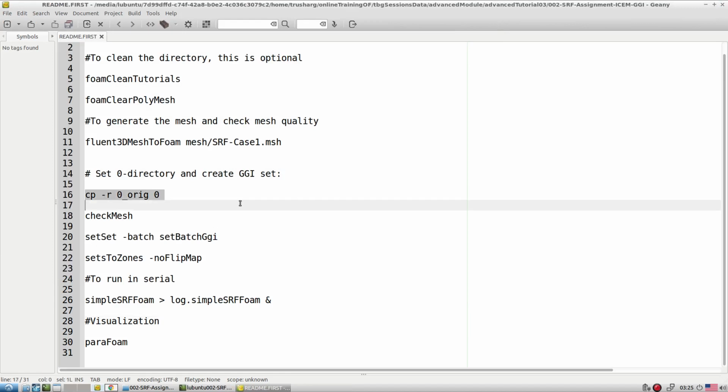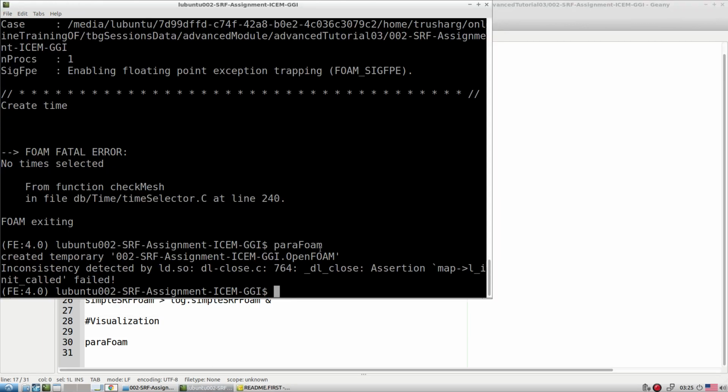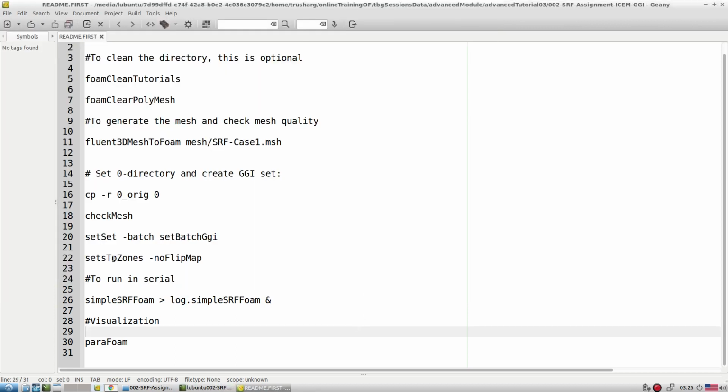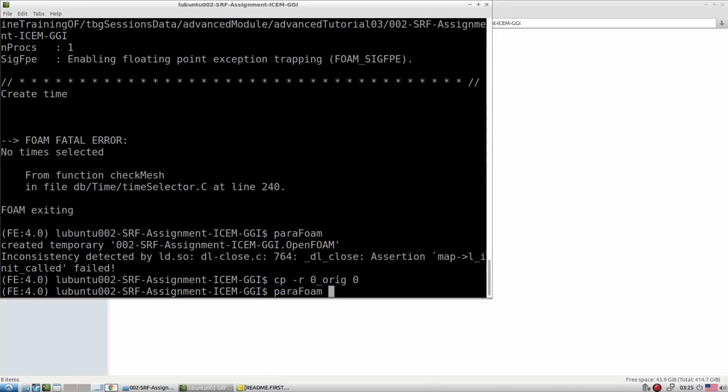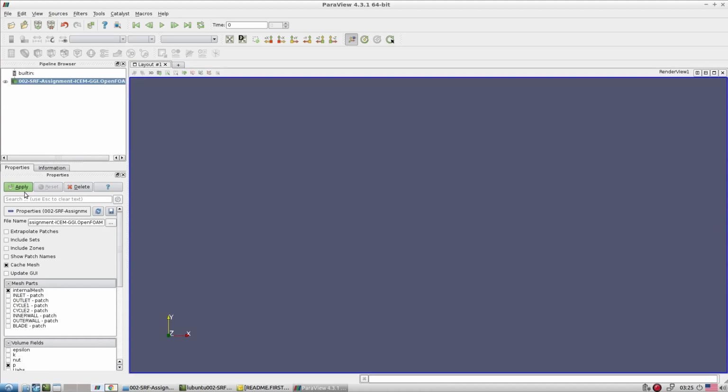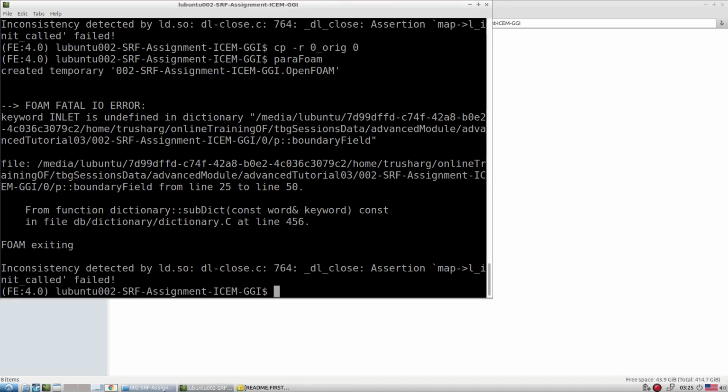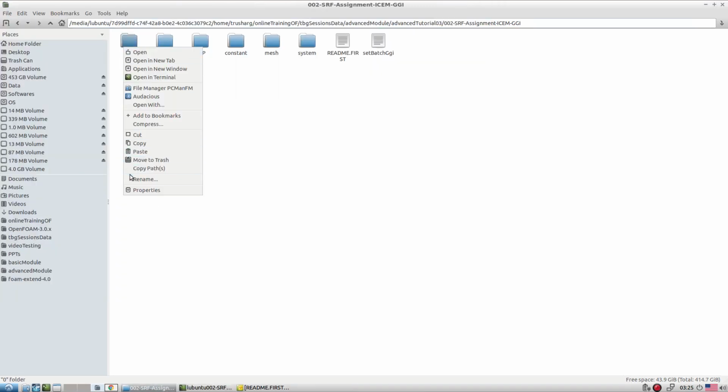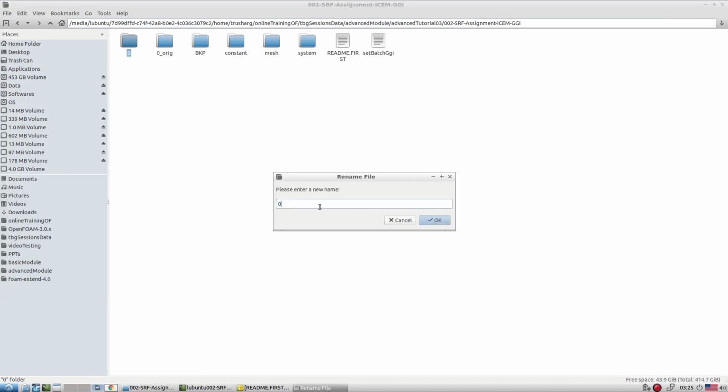First let's copy the 0 folder from the original folder, and then look at a few things here. Let me open ParaFoam again. Let me first rename it, because previously there was a set name. Let me say copy of this.